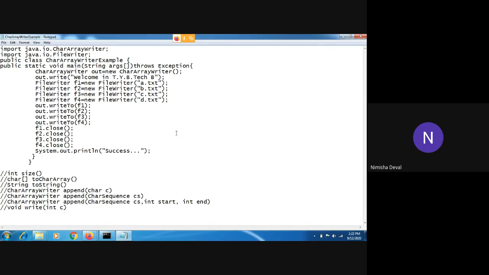Now we have some time, so we will see those formatting concepts also. If you are done with this program, then I will show you that formatting concept also.